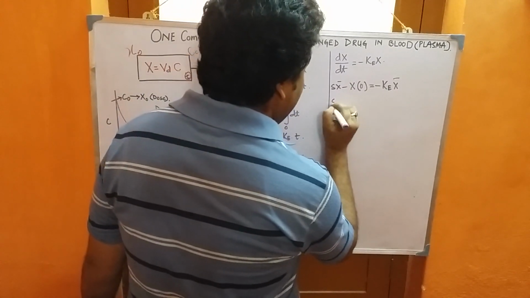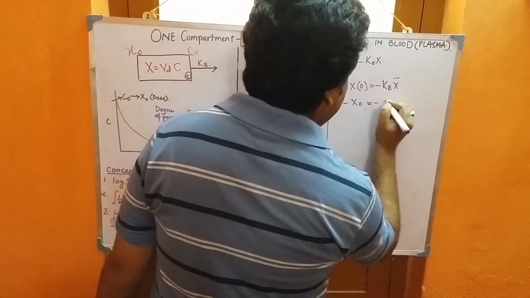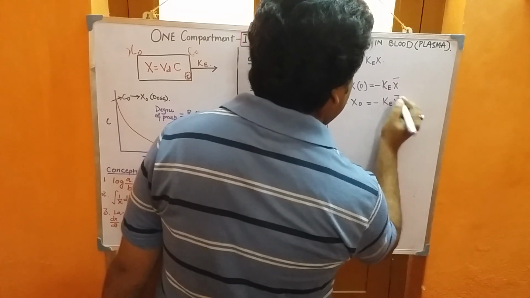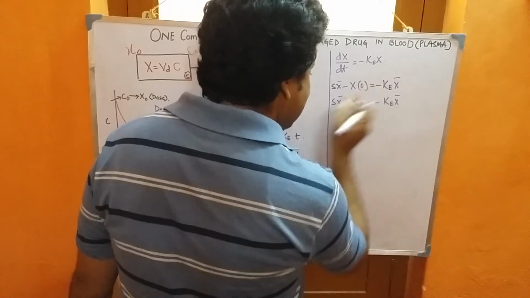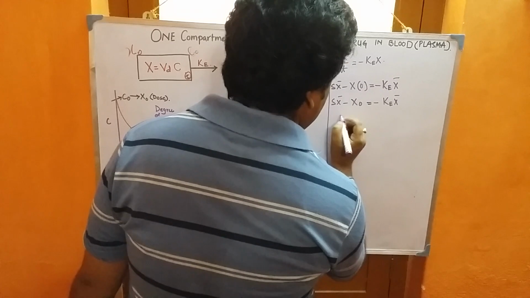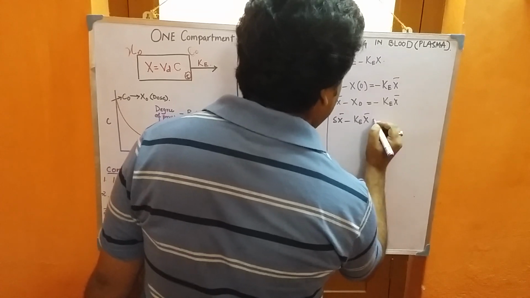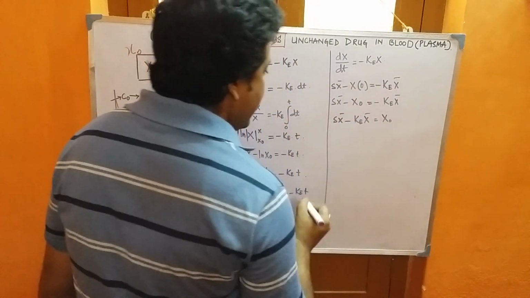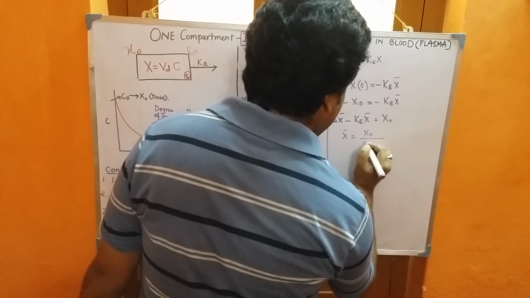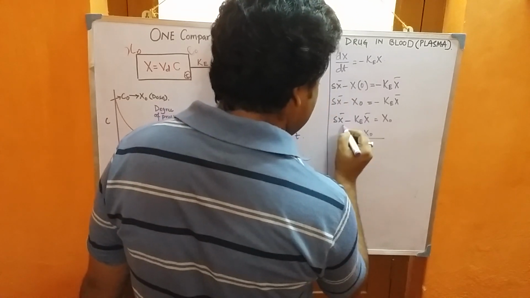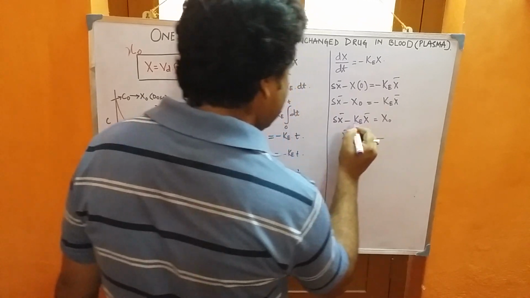So what we are going to write is Sx bar minus x naught equals minus Ke x bar. Now we are just going to rearrange this equation and take it on this side. So Sx bar minus Ke x bar equals x naught. So x bar equals x naught by, you can say, this will be one step. I have done a step jump. You can write it as, the x bar common, we can write s minus Ke.